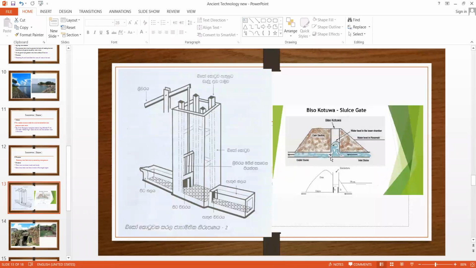Inside this, in Visakhapatnam only, there was a structure known as Mohana, a wooden structure in earlier tanks. Now you can't find that Mohana because it was made with wood and easily destroyed. And in present day tanks, we don't have a wooden structure as Mohana, but we have some levers like this. So this is something modern. Sluice gate is this one. So there is a lever like this. So you can lift it down as well as lift it up and control the amount of water flowing into the sluice. This is something we have in present day tanks.